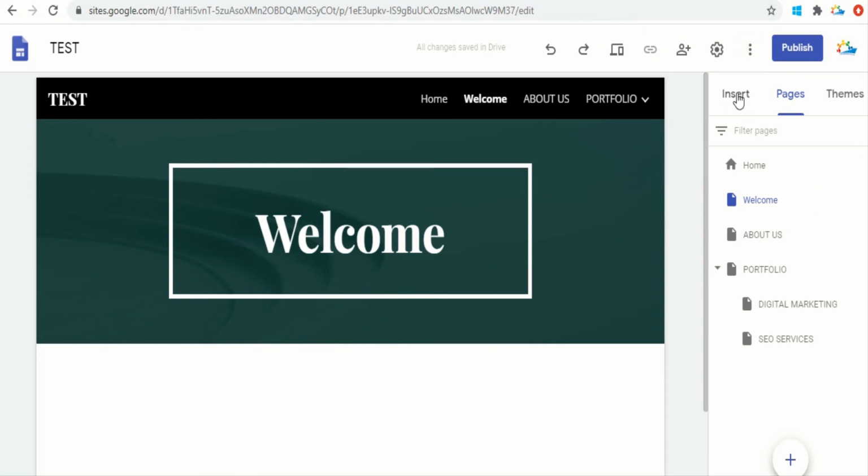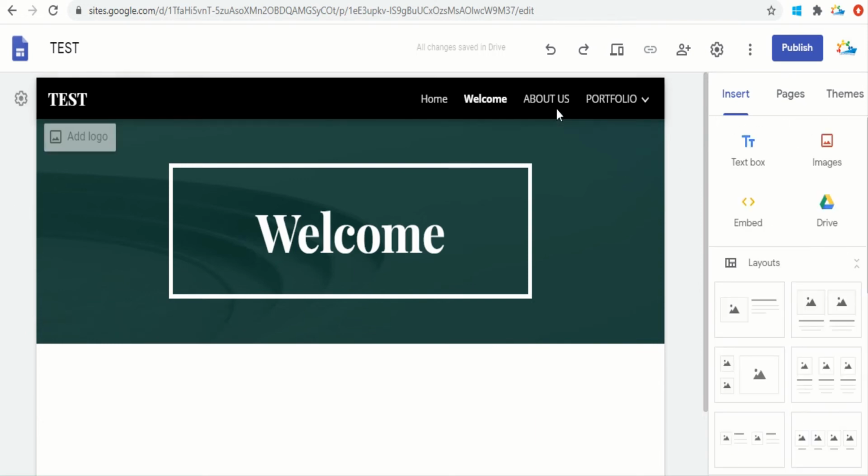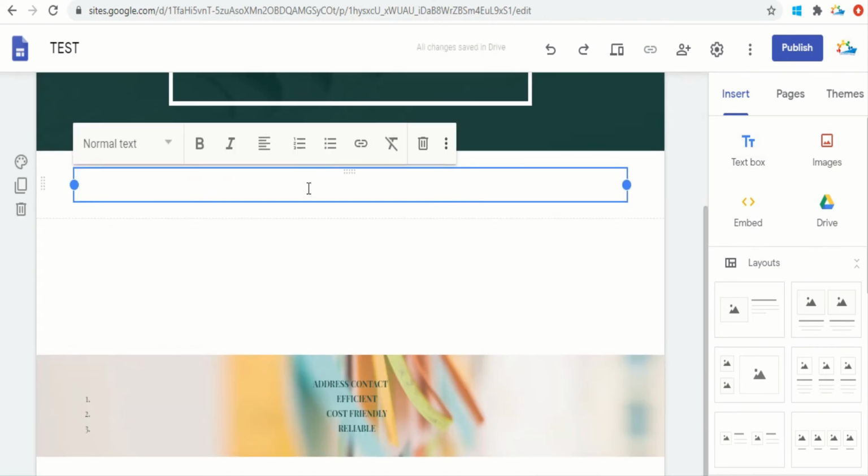Now let's again go to this insert tab, and let's see what we can do in about us. These are the four options that you can also use. For example, I need a text box, so I can create a sample box. Now you have different options available here.